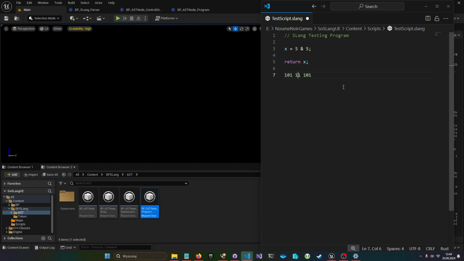And if that was 1, then this would still be 101 because it has to match. 0 and 1 is not the same. So if that was bitwise OR, then that would be 1, but with bitwise AND, that is 0. So that's bitwise operators 101 for you.